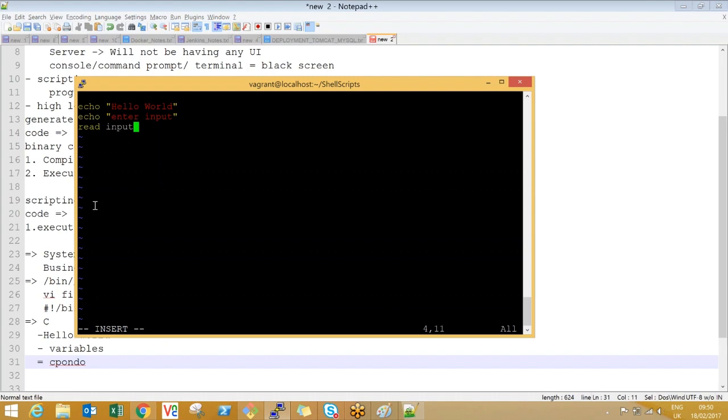I'm reading my input into the input variable, guys. And echo, this is what entered colon $input. Input is a variable which you are reading, and to fetch the variable value, you put a dollar prefix.